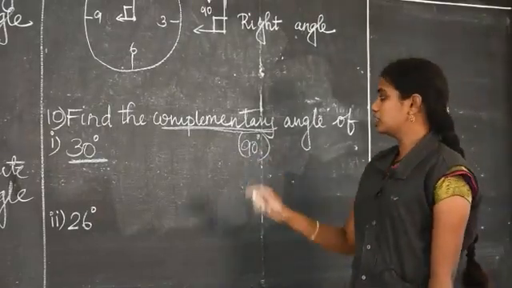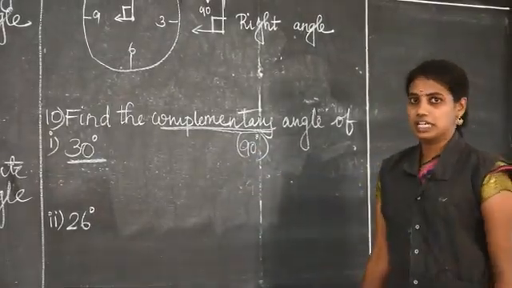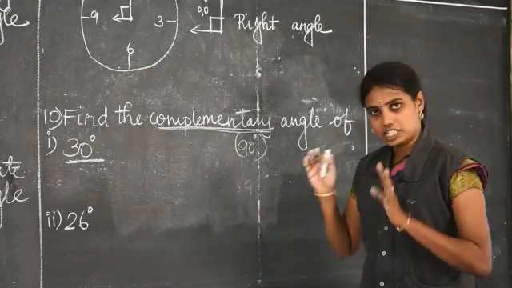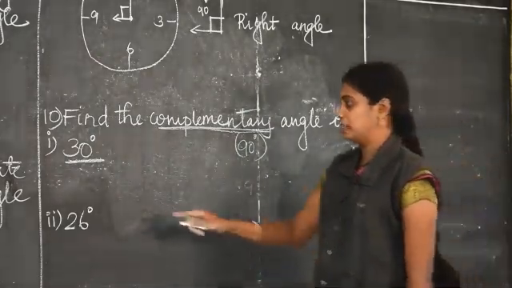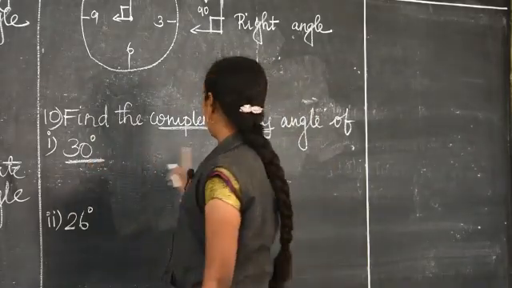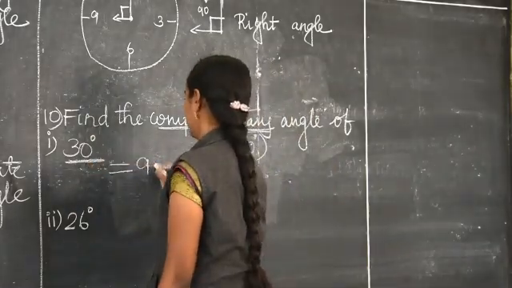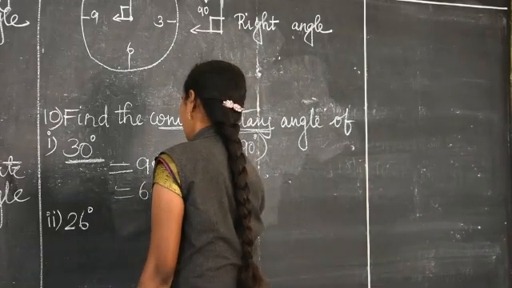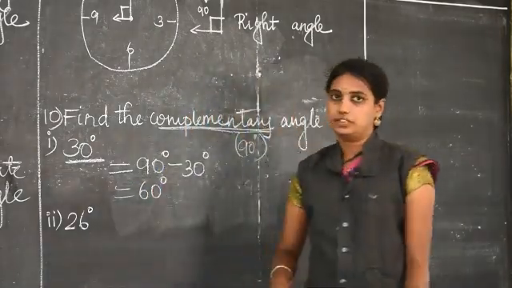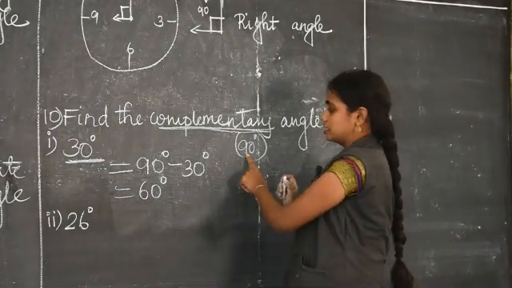We know that the sum of the two angles is 90 degrees, which means complementary. It is given as complementary only. So now we are going to find the other angle. One angle is 30 degrees. You subtract 90 minus 30 degrees, and you can find the other angle is 60 degrees. Okay, clear? So total is 90 degrees.